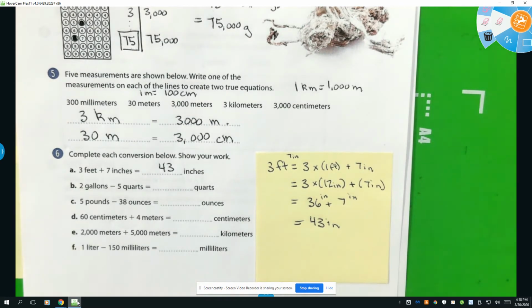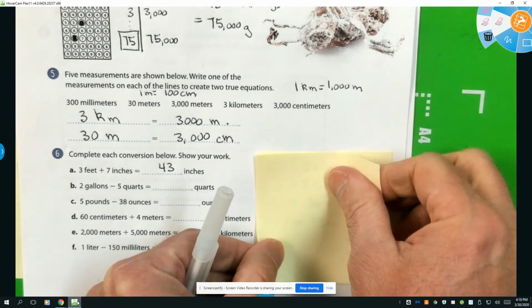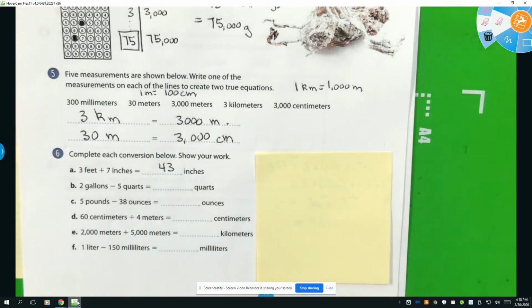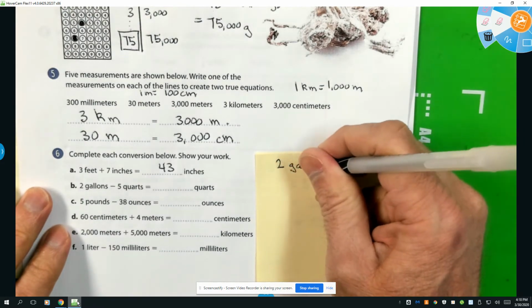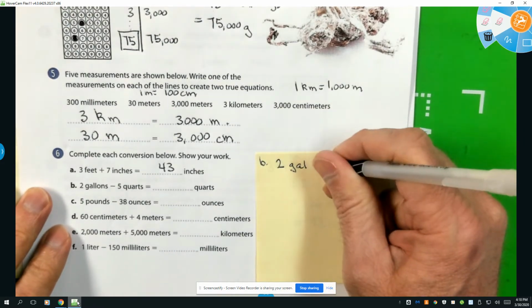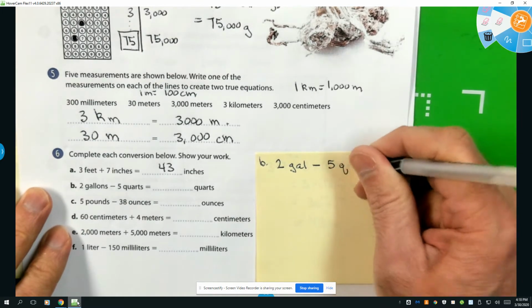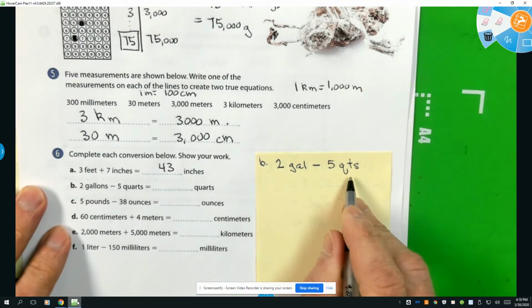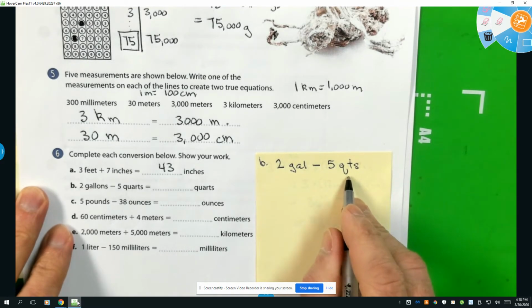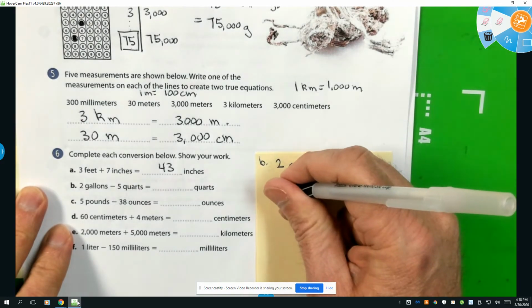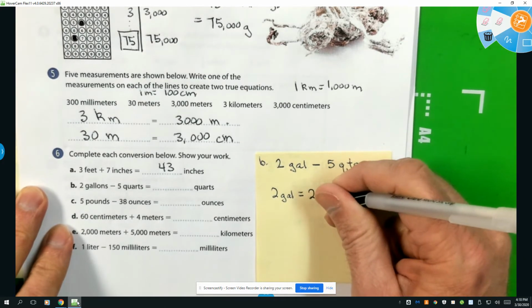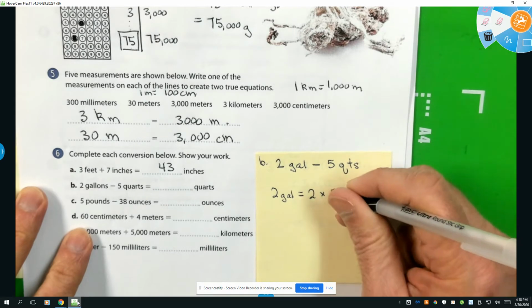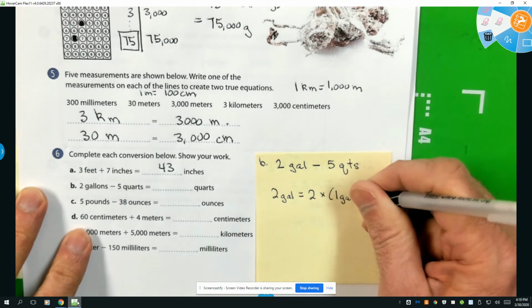Okay, problem A is done. Problem B. 2 gallons minus 5 quarts. So here is 2 gallons. This is B, minus 5 quarts. Well, first of all, think about how many quarts are in a gallon. So we're going to take 2 gallons equals 2 times 1 gallon